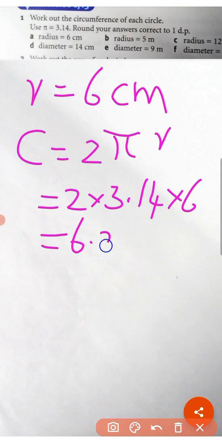So use the formula C is equal to 2 pi r. Substituting the values, 2 into 3.14 into 6. 2 into 3.14 is 6.28 into 6, which is equal to